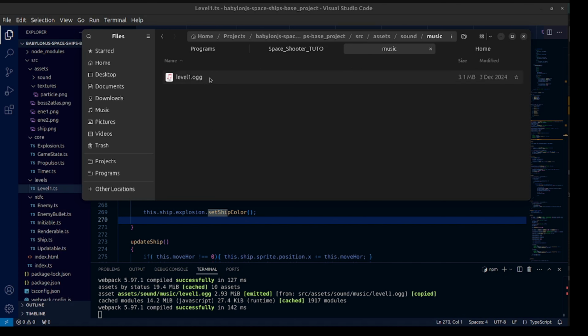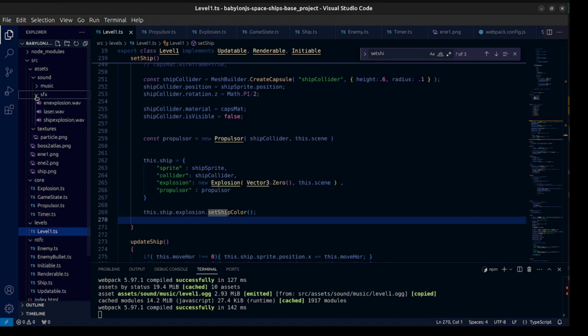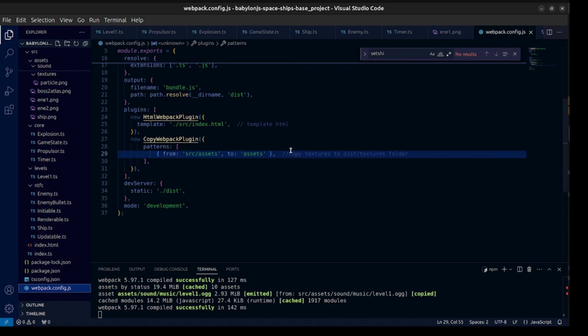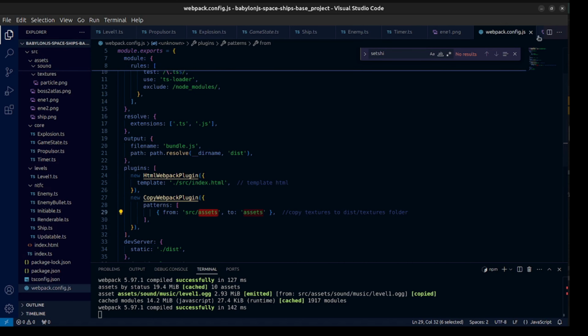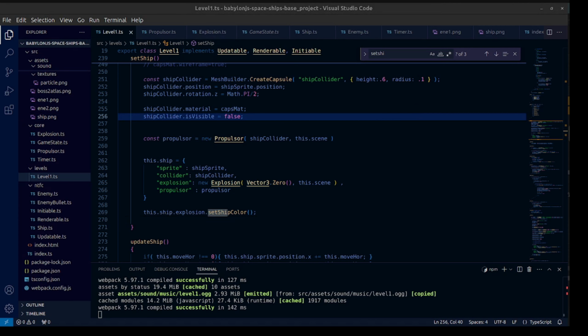All of those files are part of my assets, so I just need to paste them there. If I refresh, I can see the sounds and the music and sound effects here as well. I can start using them. They will be already loaded because Webpack is already loading everything that is inside the asset folder here. So that's fine. You must not worry about adding sounds to the project. So the first thing we need to do now is to go to level 1,